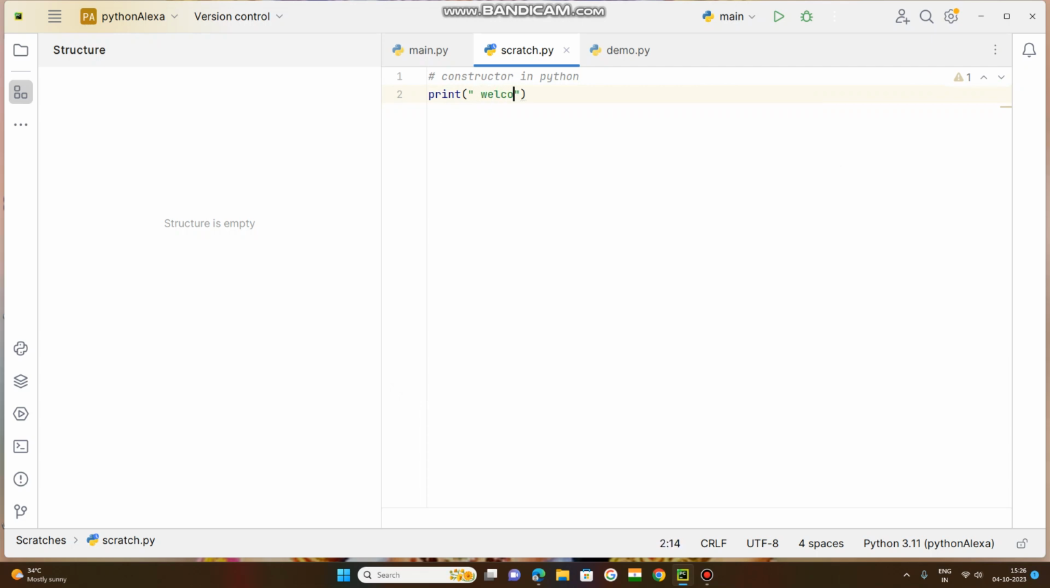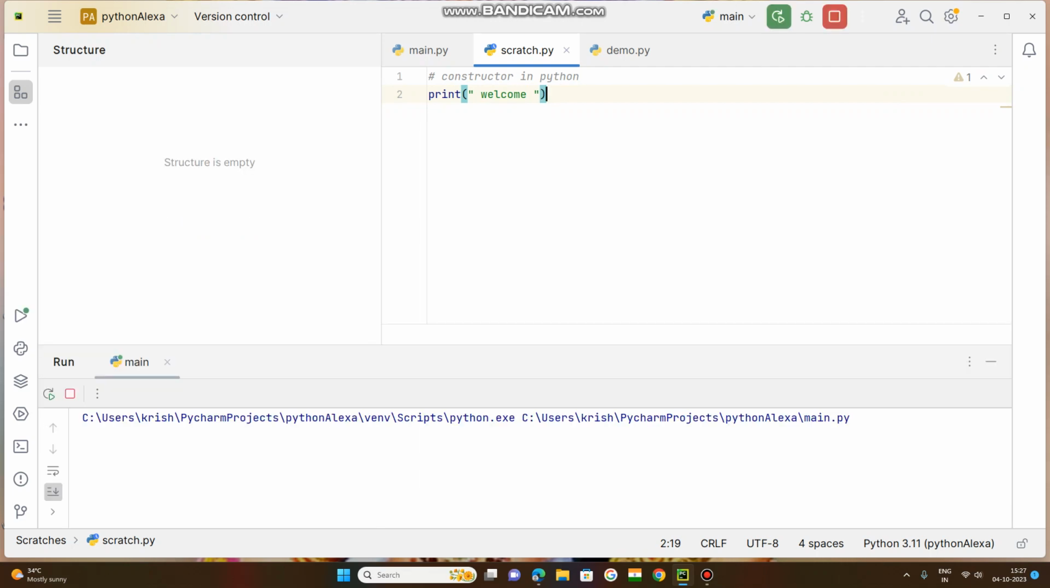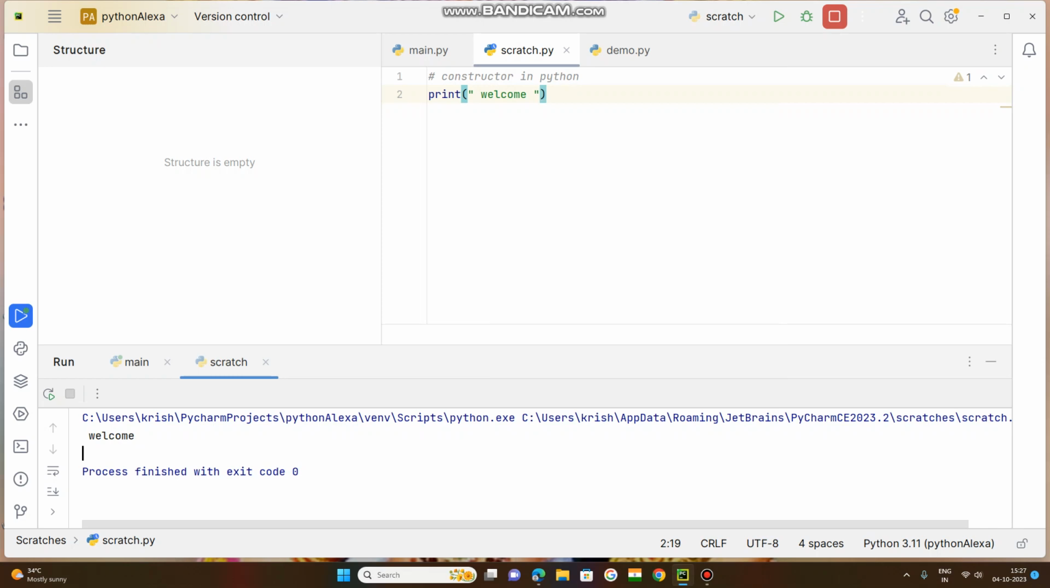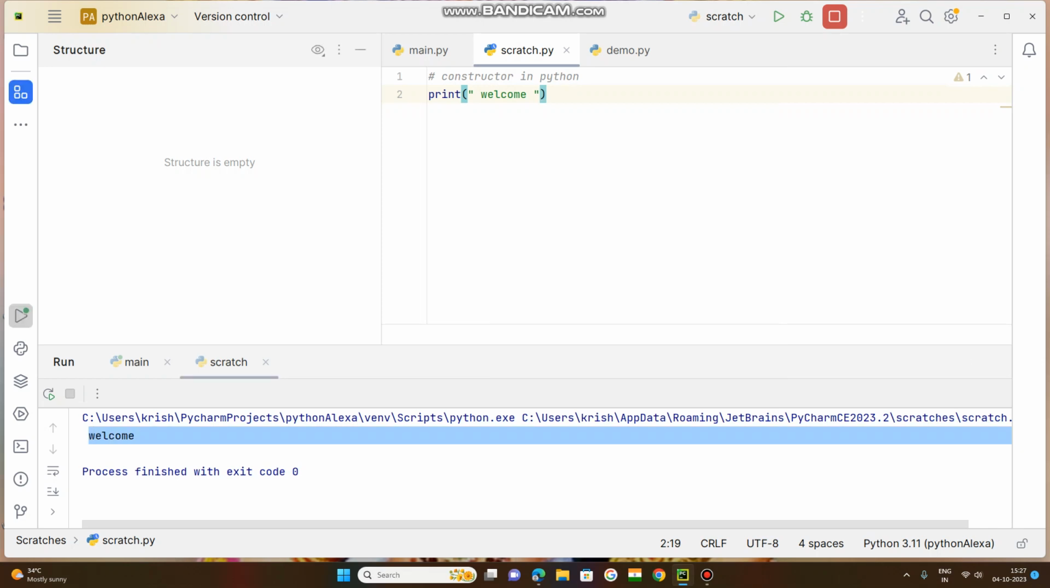Welcome. So the print function is used to display this data, string type of data, on the screen. So let us execute now. Okay, this is the welcome. So suppose this print statement